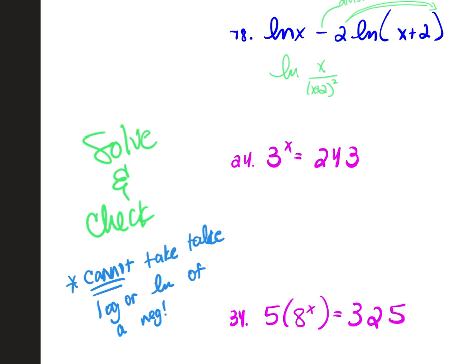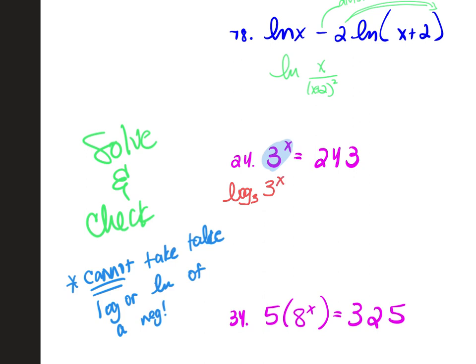So when we attack these problems, the first thing I tell you guys that you should do is to isolate your function. So this is an exponential function. When I think about exponentials, I think the opposite is logarithmic. There's nothing being added to, subtracted, nothing to this 3 to the x. So I'm going to think, okay, I have to get that 3 to go away. So what's the opposite of big base 3? Log base 3, log little 3. So log